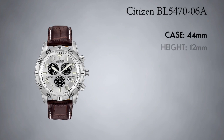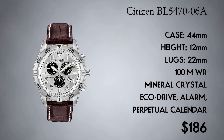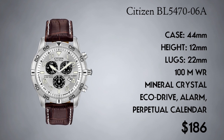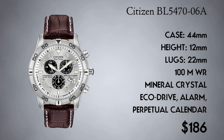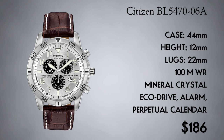Very close in price, we're going to take a look next at the Citizen BL4570-06A. $186 you can get this Citizen chronograph. This one has got a lot of features in it. So not only do you get a chronograph, you're also getting an alarm and a perpetual calendar. So perpetual calendar is supposed to be that the watch can keep track of which month it is. So it knows whether there's 31 days in the month or 30 days in the month. It can adjust the date automatically accordingly. That's a really interesting feature to see in a watch under $200. I'm not aware of many others, at least on analog watches. Digital watches, it's fairly common, but to find an analog watch that has a perpetual calendar and an alarm and a chronograph,